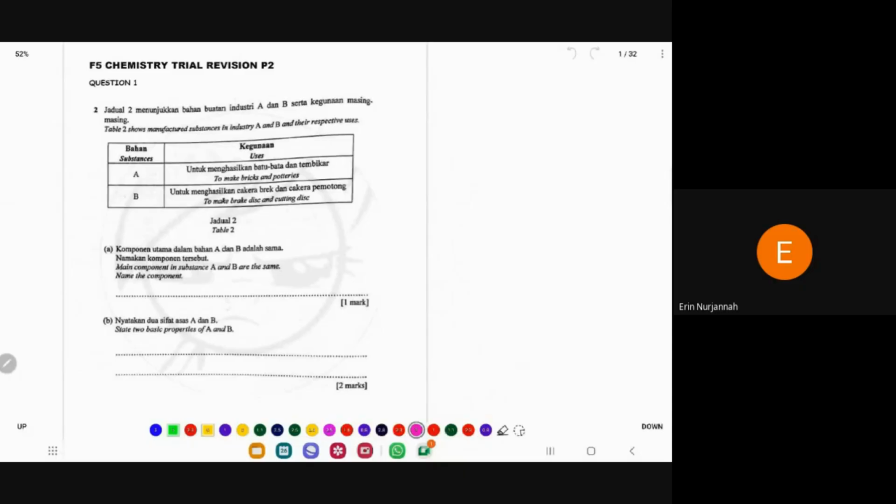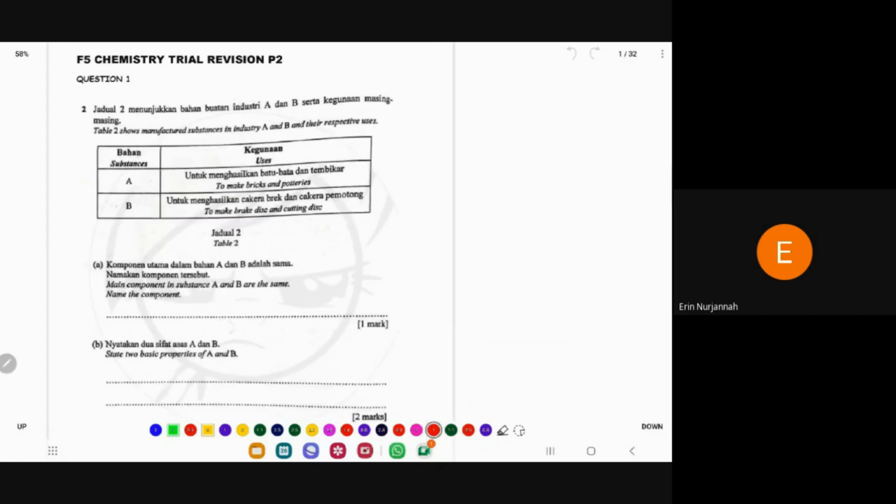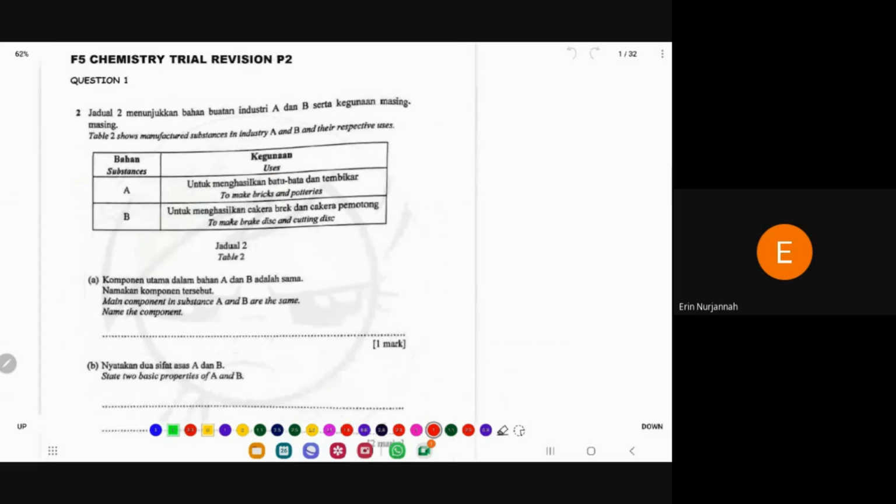Let's look at the questions together. So name the component in A and B. What is used to produce bricks and potteries? Clay. Correct? When you see this, straight away I know it's clay already. So the one that's important, Sarah,